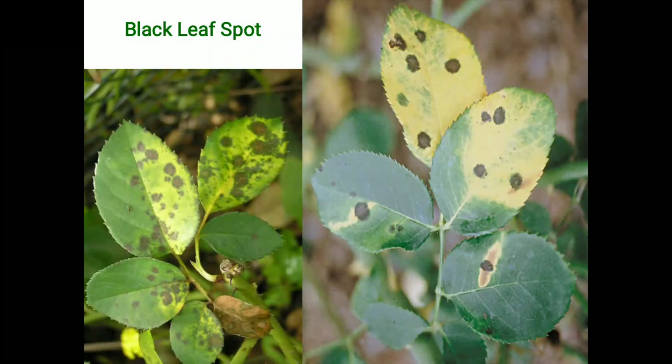Hello everyone. Today we are going to learn about the next topic, that is the diseases of roots. In that, the first disease is dieback. As we discussed earlier, dieback means what? The infection starts from the tip of the leaves and then progresses backward. Dieback is caused by the fungus Diplodia rosarum.